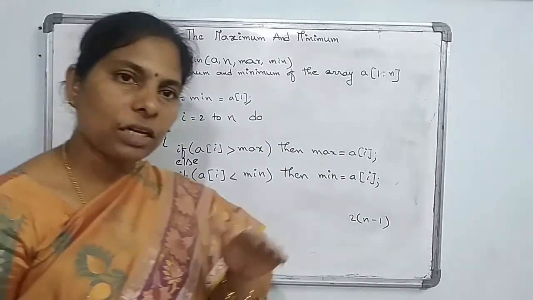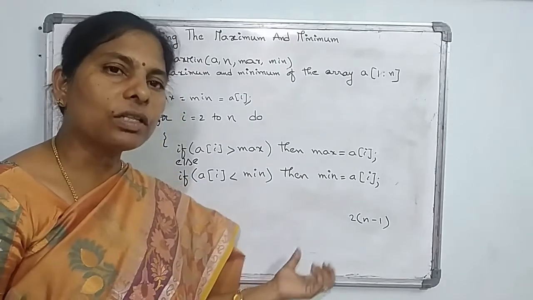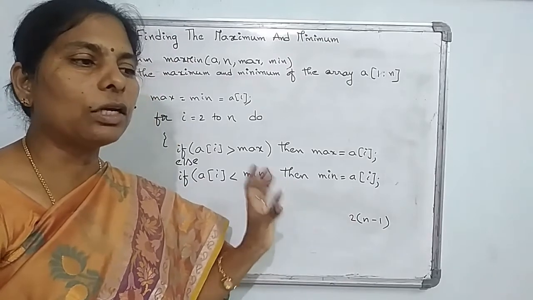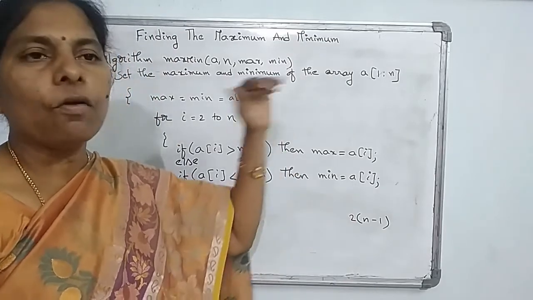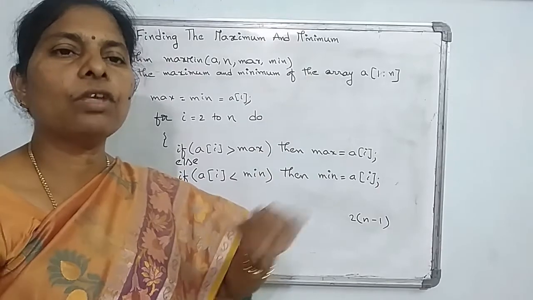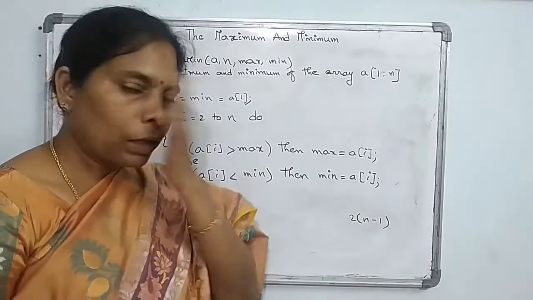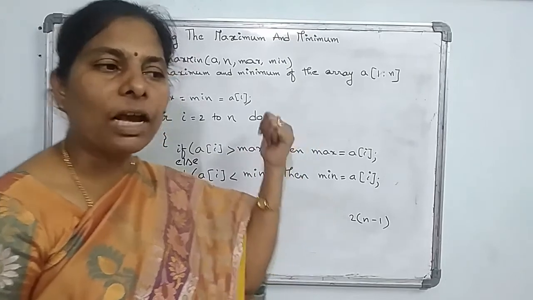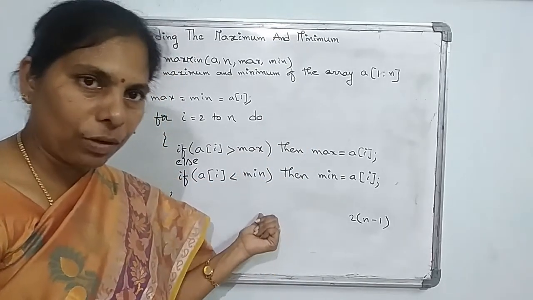After dividing these elements, next you can find the maximum element and the minimum element. After that, again you can combine the two parts into one single array and find the final maximum element and minimum element. So that is the process you can apply to find the maximum element and the minimum element.